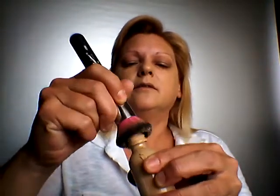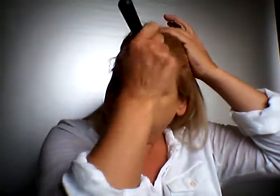This is a great foundation, and the color match is perfect. And when I need more, I just dip it in there. And I usually have enough for my forehead. And then while that's drying,